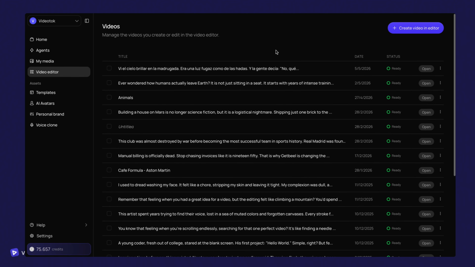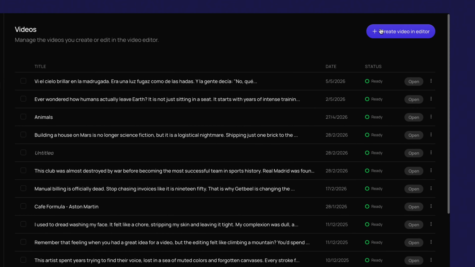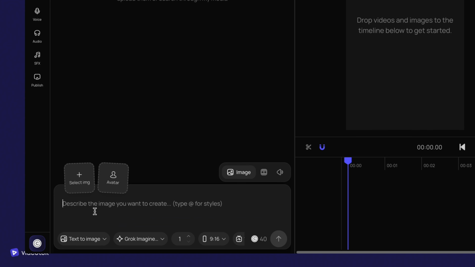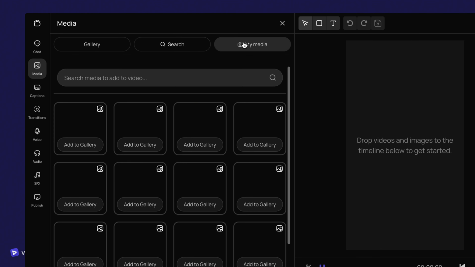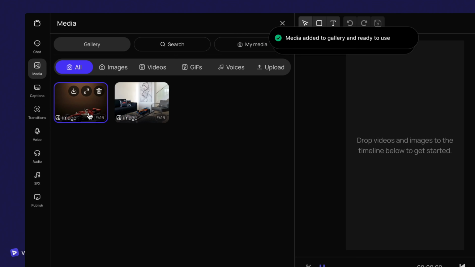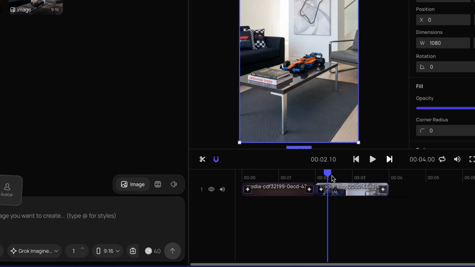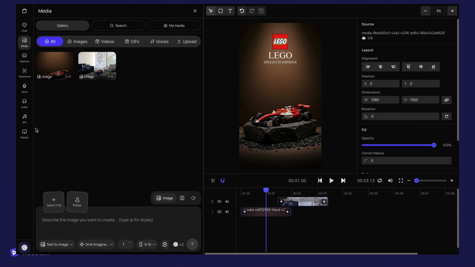So basically in the video editor, I can create a new project going to the video editor. If we open it, here on the left we have all the models, everything. Start creating images, creating videos, creating everything. Or we can search between stock media or between our content. So for example, imagine we are adding this from the gallery. We can drag and drop it here into the editor, and start modifying and creating a video here. We can have some layers, add some effects, fade ins, fade outs, everything we want